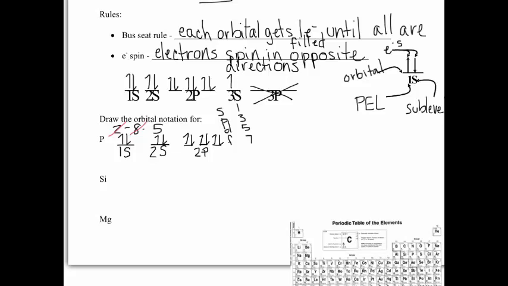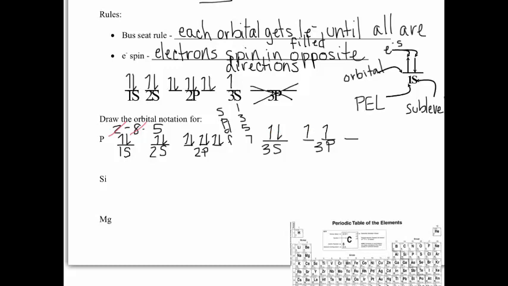So I'm going to move on to the third. We always start with S, which has 1 orbital. I'm going to skip over here a little bit because I made my cheat sheet too big. And it can hold 2 electrons. But I have 5, so I'm going to need to move on to P, which has 3 orbitals. 3p, 1, 2, 3. I've already placed 2 electrons in the third, 1, 2,